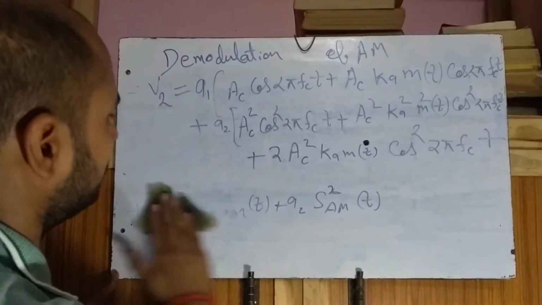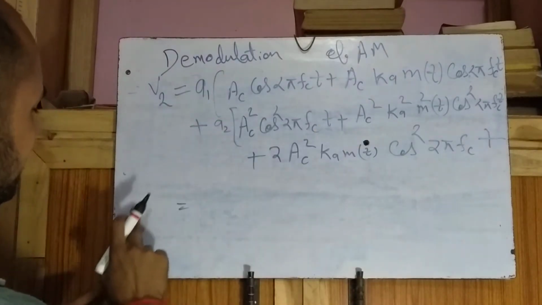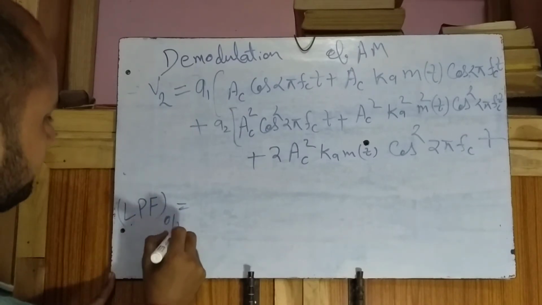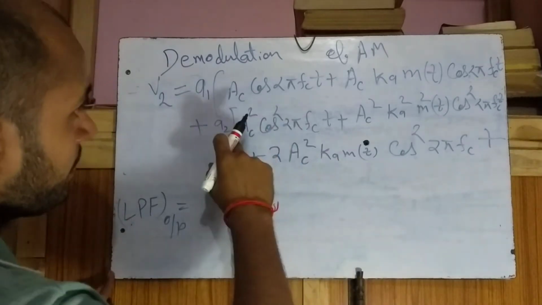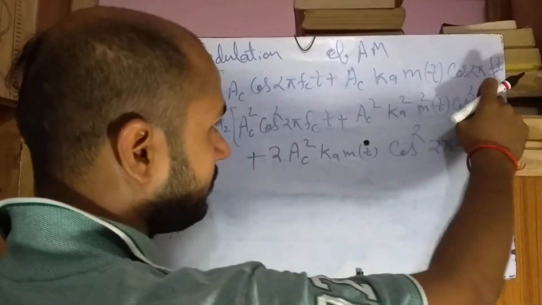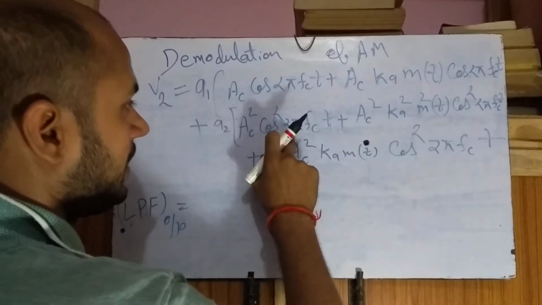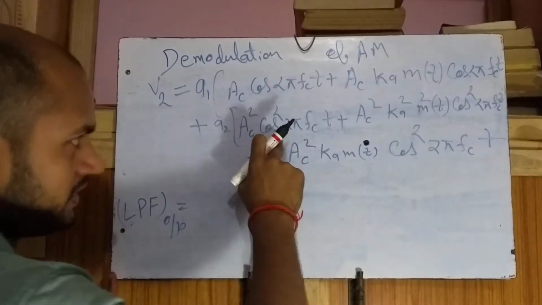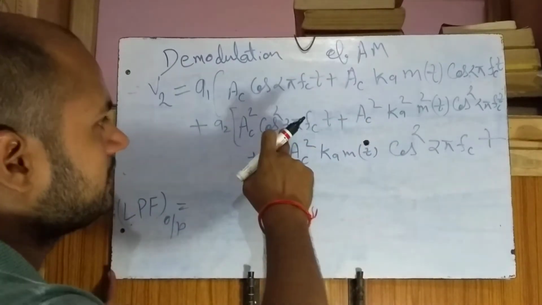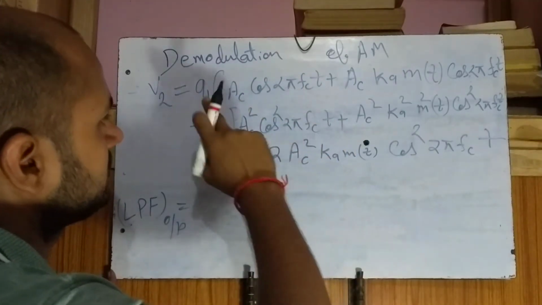So it will go to the input of the low pass filter. What will be the low pass filter output? Will the first term pass through the low pass filter? No, because it has fc frequency. Will the next pass? No, because it has fc plus omega and fc minus omega, centered at fc. Will the next pass? No, because it has two terms, one is DC and one is at 2fc. Cos square theta is 1 plus cos 2 theta over 2. So DC will be blocked because of the capacitor, and 2fc will be rejected because of the low pass filter.